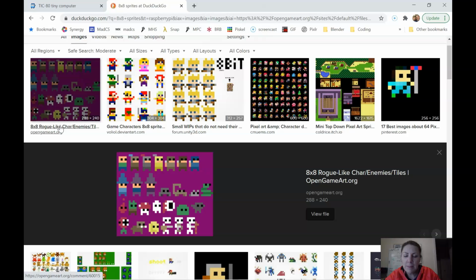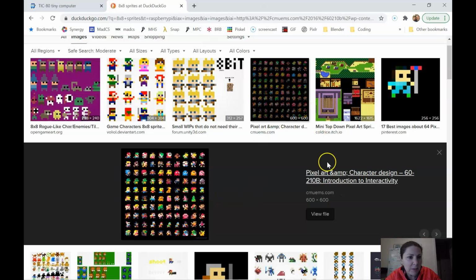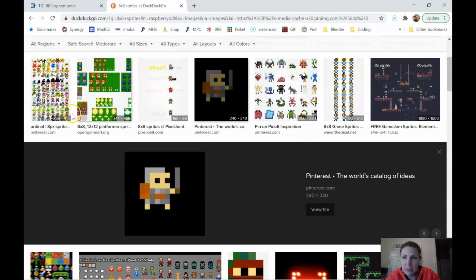they're 8x8. And you can literally count how many pixels high or wide it is to tell whether it's 8x8. And there's some really cute ideas out there. 8x8 is not very many pixels to work with, so the sprites are going to be pretty simple. It's hard to see. But there's little people with flags or swords. There's little